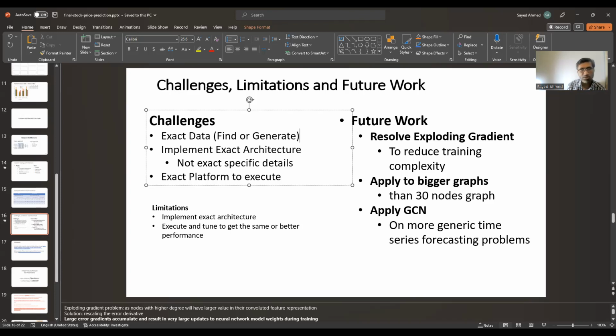So that was definitely a challenge. Implementing exact architecture, yes, that was a challenge. Exact platform to execute. Yeah, if I want to compare, this is definitely something that needs to be considered.